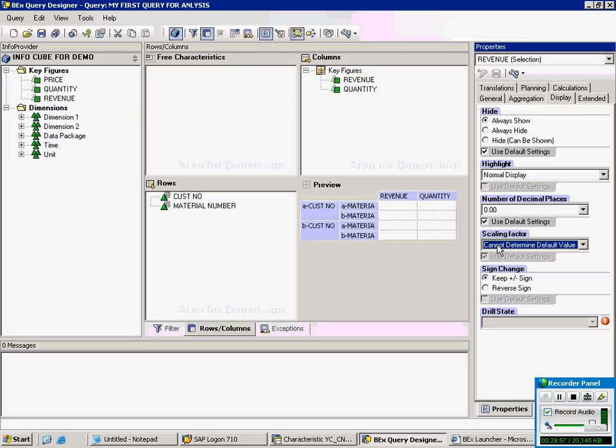Then sign change: you can see plus or minus sign, or reverse. If reverse sign means, what? If it is a positive value,